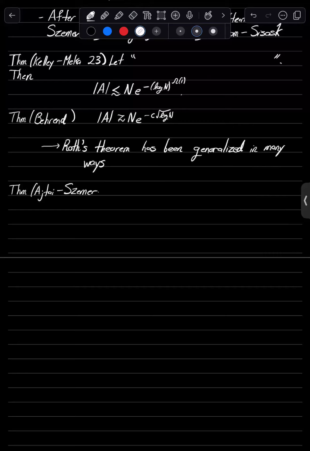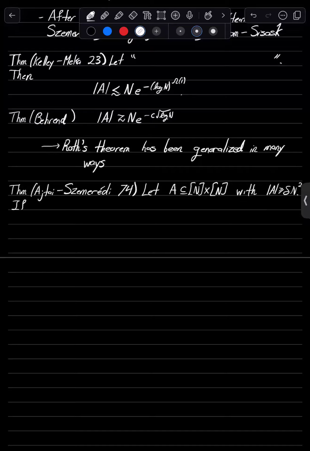This was proven in '74. So we have now, instead of taking a subset of the integers, A, which is a subset of the grid, with the size of A, let's say we know it's a positive fraction, so it's bigger than delta n squared. So if n is greater than some function n of delta,